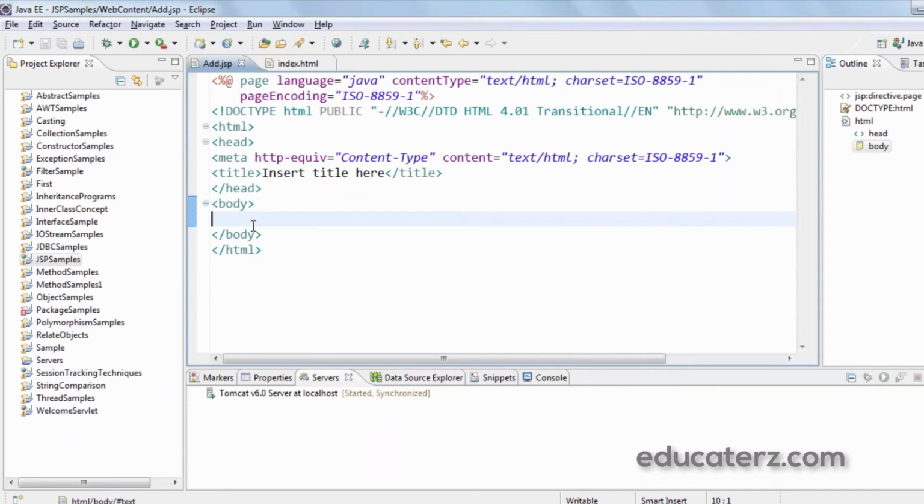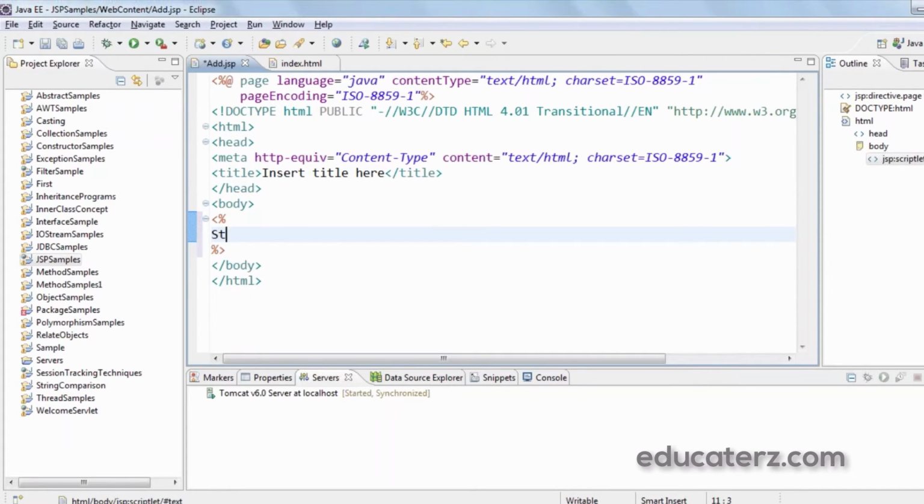In the JSP page, I write the scriptlet tag, in which first I retrieve the first number using the request implicit object. I just say request.getParameter of t1.